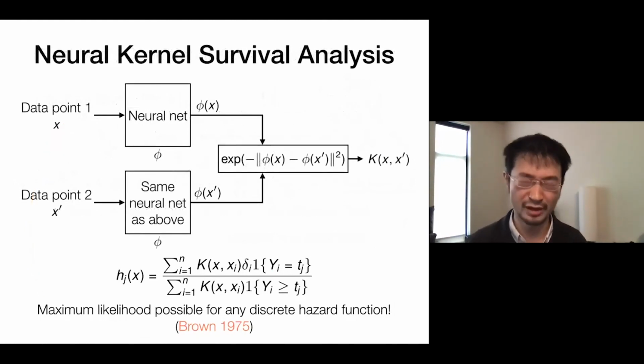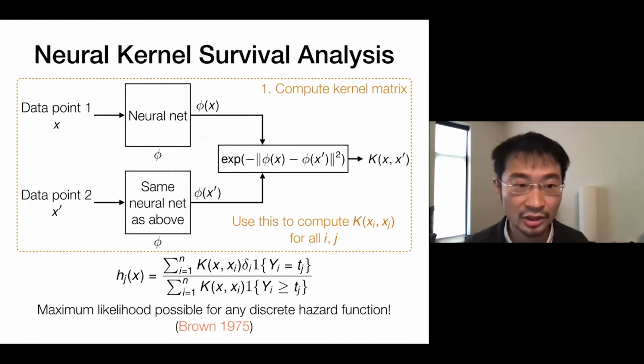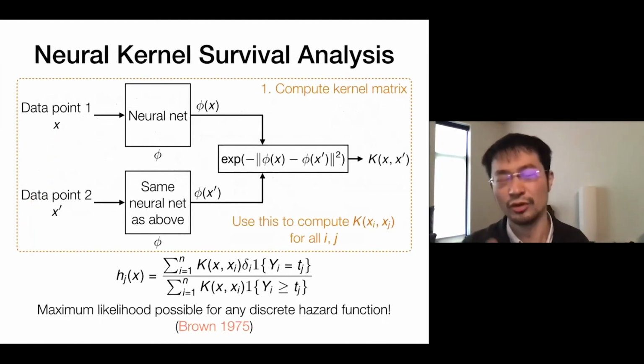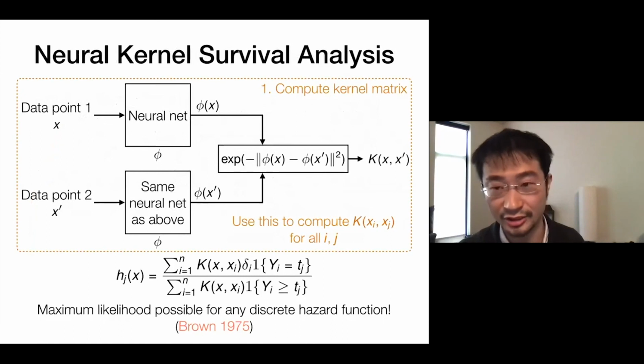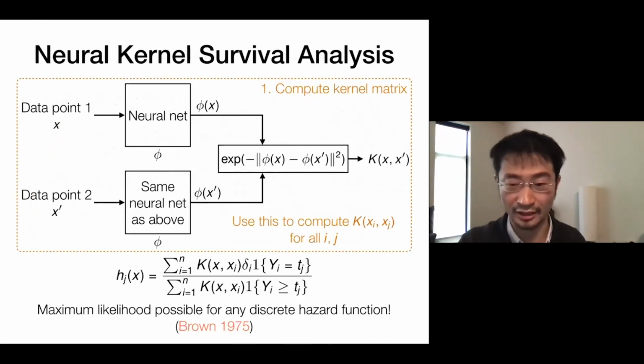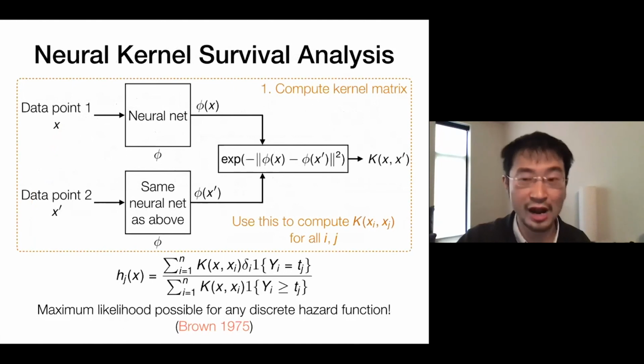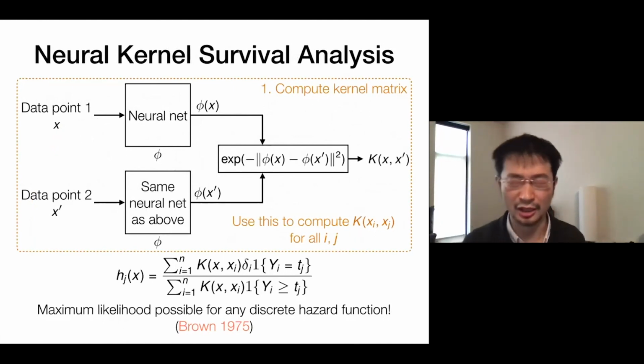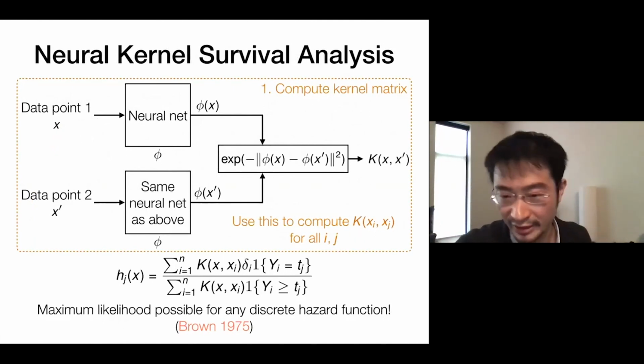At this point, we have the three main ingredients. Thing number one, we use this top part to evaluate the kernel matrix. We can compute K of xi and xj, for training subjects xi and xj, for all i and j in the training data. In practice, you train in mini batches, so you would do this per mini batch rather than over the entire training data set. If you did it over the entire training data set, this would be very expensive.